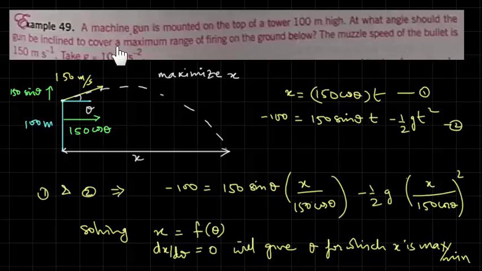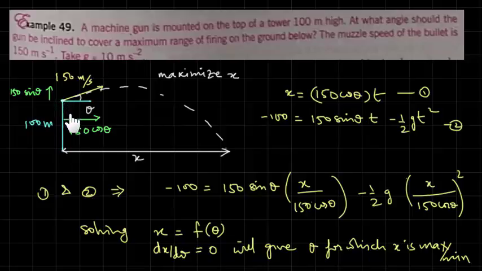So continuing the last part of motion in 2D, a machine gun is mounted on the top of a tower which is 100-meter high. At what angle should the gun be inclined to cover a maximum range of firing on the ground below? So you can think that if the angle is very low, let's say the angle is like this,